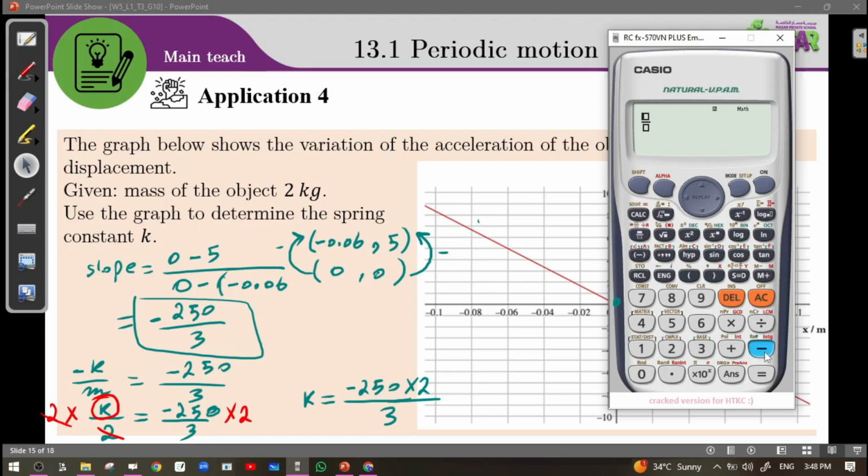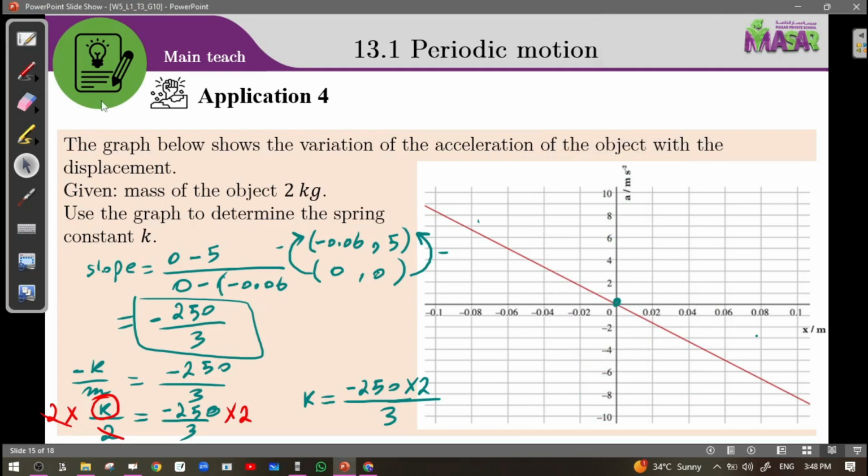So minus 250 times 2 over 3. And the answer is minus 16.6. So minus k is equal to minus 16.6 Newton per meter. However, we have two minuses here, so we can cancel them because from the beginning we